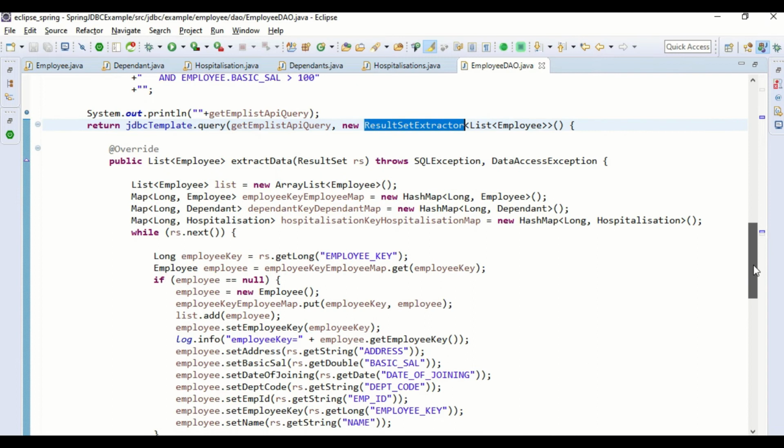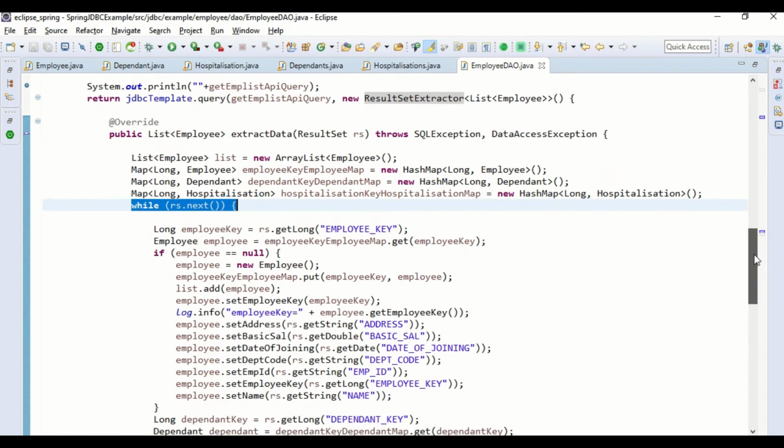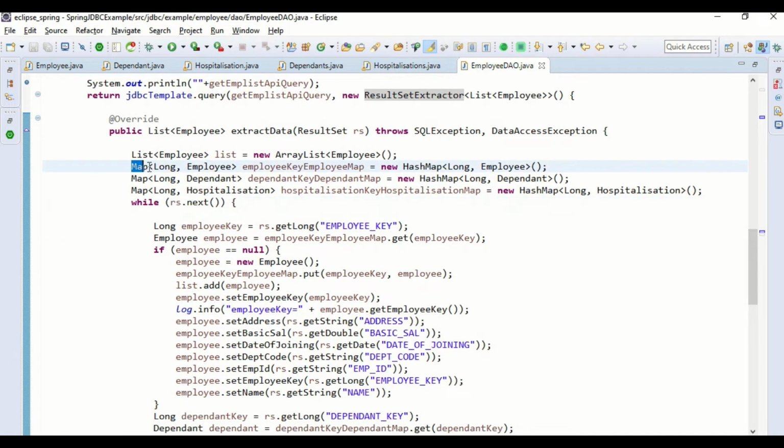Now we will have a while loop that iterates over the record set, but we need to read the values and populate the object. So what we have done here is we have taken three maps.